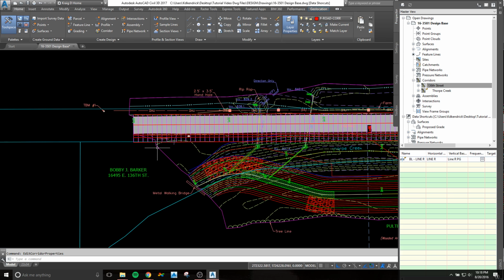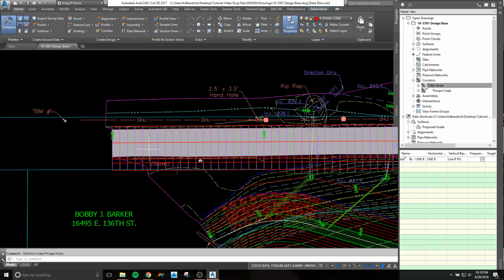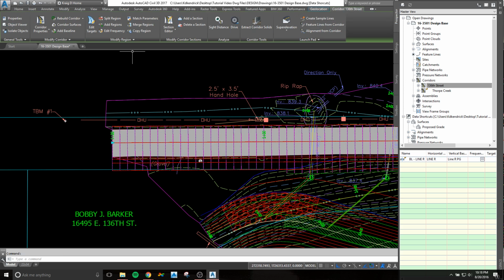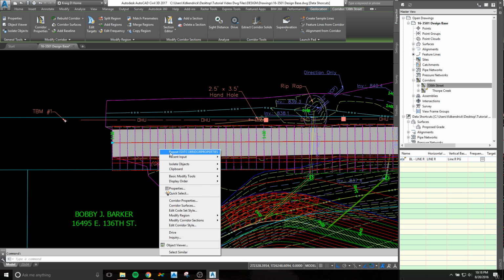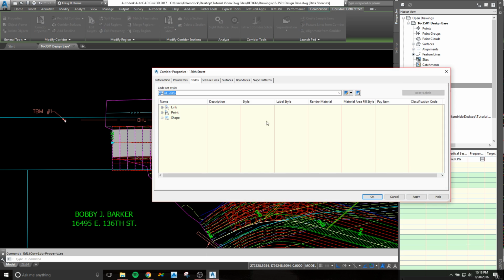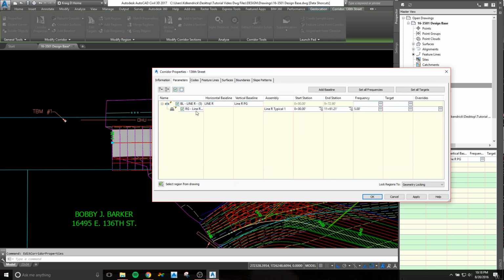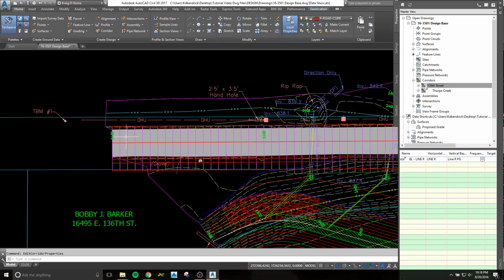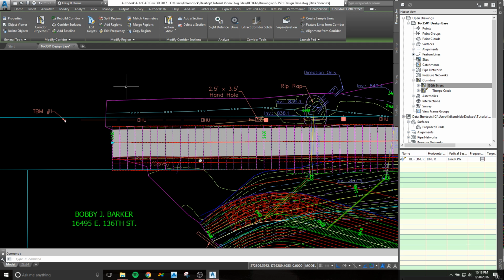It's one of the things you'll do over and over and over inside of a corridor is the targeting. So if you click on your region, you can do it in your ribbon. You can right click. There's two or three different ways to do it. You can also go to your corridor properties and do it inside of your parameters box. I used to do it here. It got really confusing, so I started doing it here, where I would